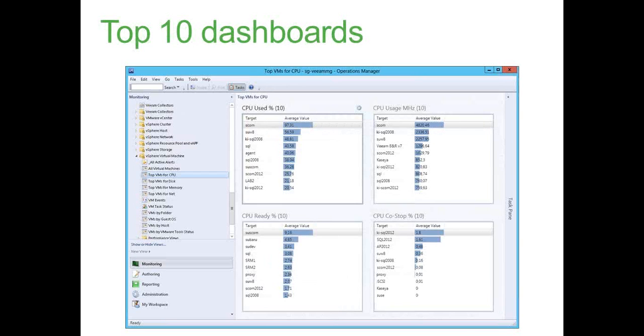Another thing that you get is the top 10 dashboards. Operations Manager 2012 brings you new capabilities. One of those capabilities is the dashboards, the best one I would say. Over 30 powerful new in-context dashboards are available for all the vSphere aspects. These dashboards provide you an at-a-glance view